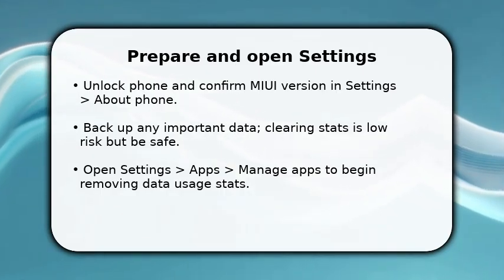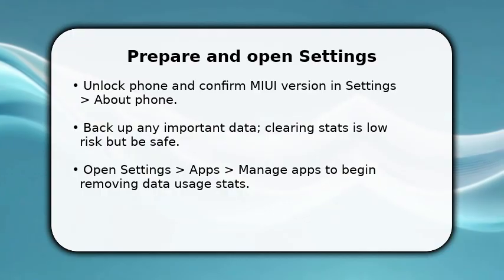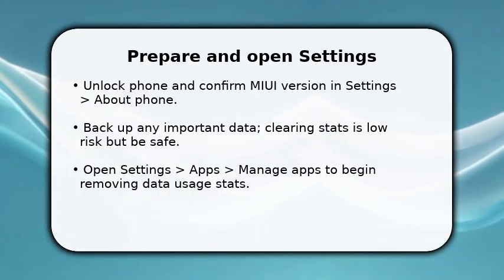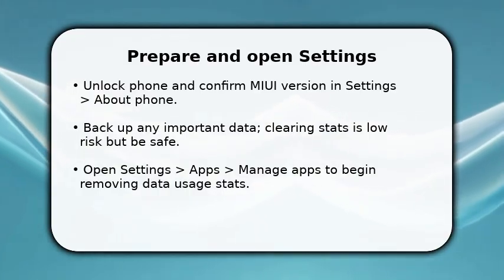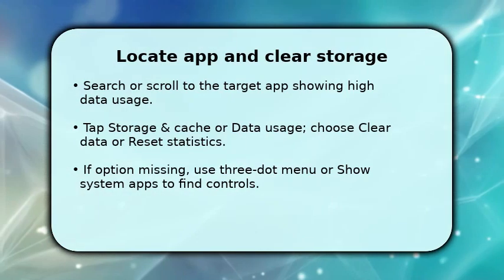Next, open Settings, tap Apps, then Manage Apps. This brings you straight to the list you will act on. You're now positioned to locate the data-using app whose usage stats you want to clear, so proceed to the next step without delay. You'll scroll or search to the app that's tracking data usage, because targeting the exact app prevents